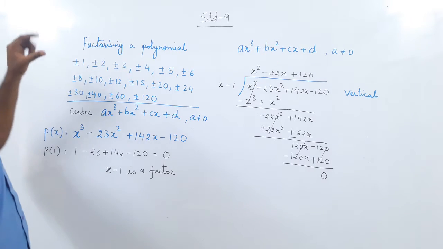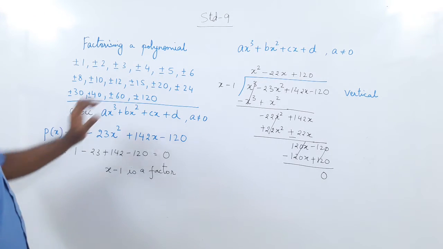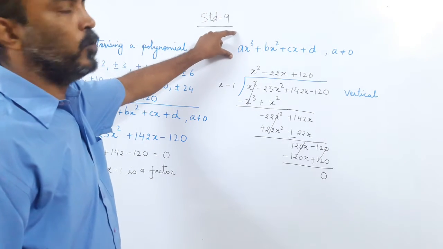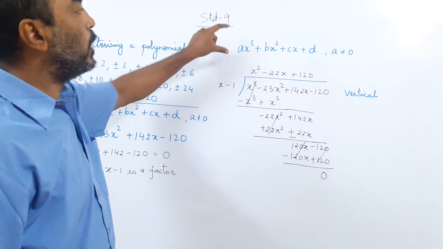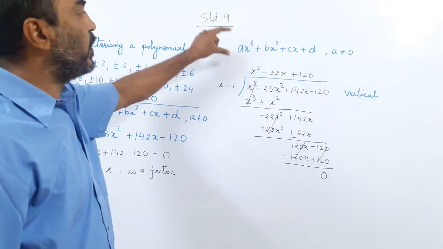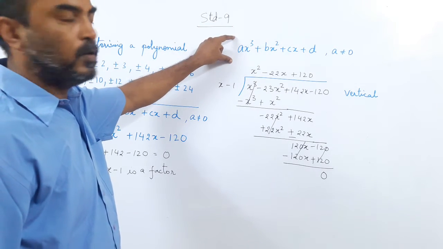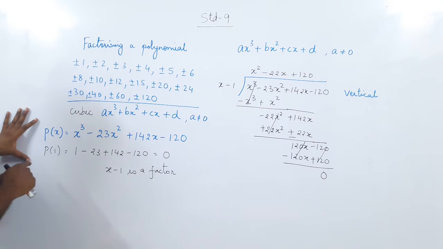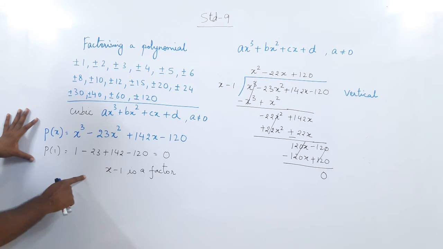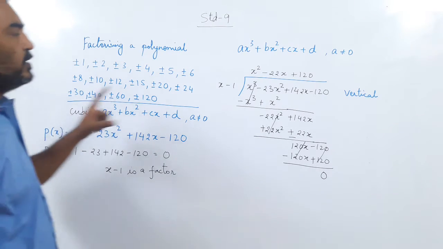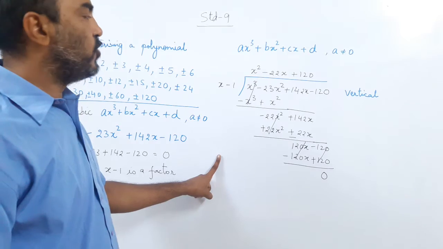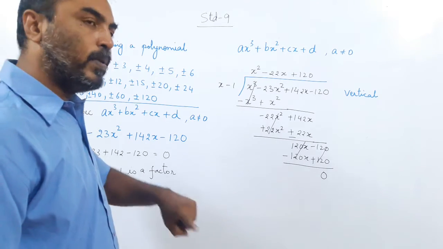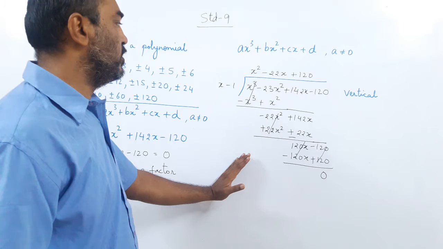Again I am telling you, the basic purpose of this lesson was factorizing a cubic polynomial. But you can see how many steps are involved in factorizing a cubic polynomial. For this, first step was the remainder theorem. If you know it well, good. If you do not know it, go to the previous video, understand the remainder theorem or the factor theorem thoroughly. Okay, this is step 1. Then second step is the long division method. If you have understood it, fine. If not, go back to the previous video, understand it thoroughly.